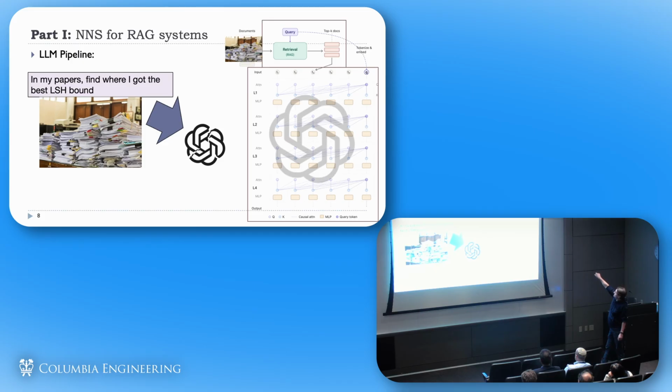You can see that the question here is that I take these documents and pre-process them, do these embeddings, and then when given a query, I basically run a nearest neighbor search algorithm at the end of the day. So this is how nearest neighbor search is used in these RAG systems nowadays.